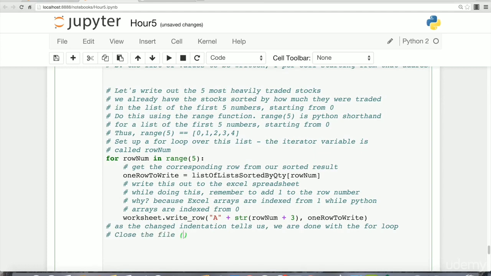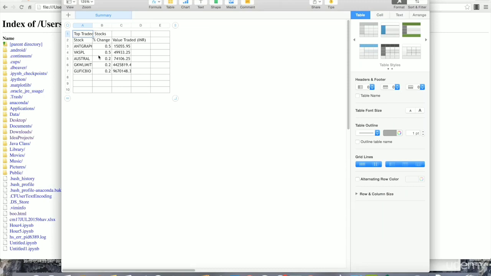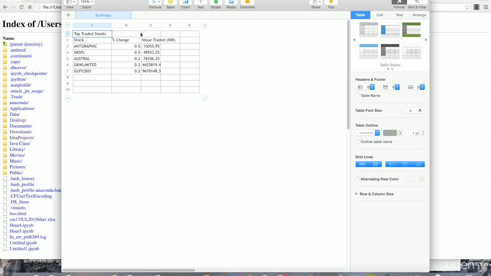That's it, we are done. We have now finished writing into our Excel file. We just need to close the Excel file, run the program now, and you should be able to find an Excel file in the path that you specified that looks like this. It has the top 5 moving stocks for the